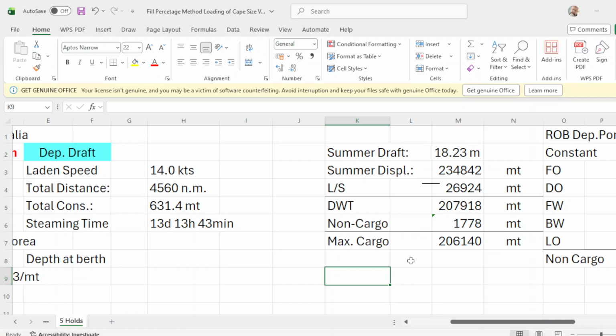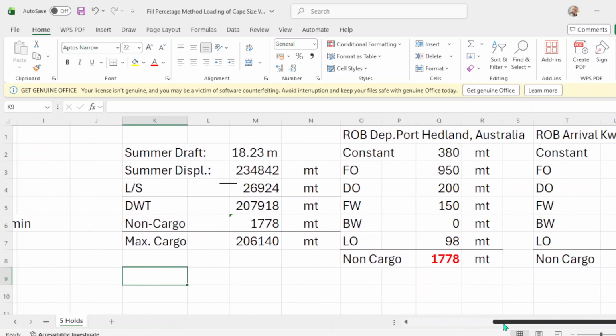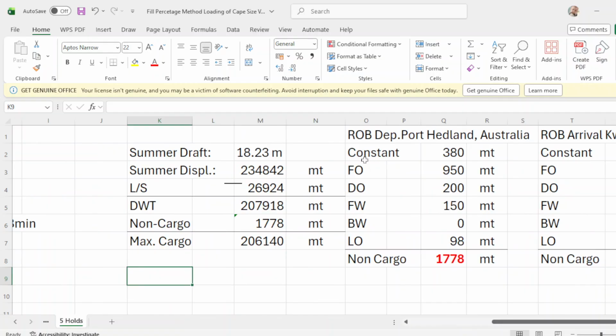What is your non-cargo weight? Which is this one. ROB at port. This will be your constant of 380. Your FO is 950. Your DO is 200. Your fresh water is 150. Your ballast is 0. Lube oil is 98. Total of 1,778. This is your non-cargo, so this is the one.